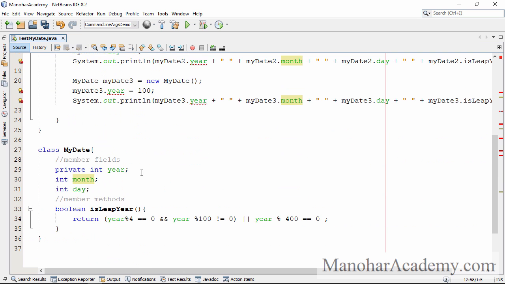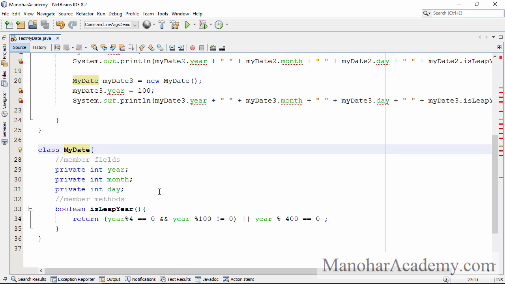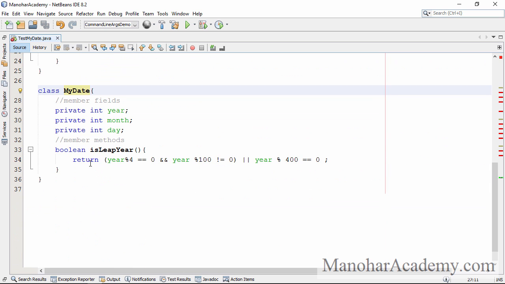So let's do the same thing for month and day also. Now all the fields are private to this class. They are not visible and not accessible outside this class. Anywhere outside this class you are getting errors, but inside the class, where you are using the field year, you are not getting any error. So inside the class, the method can access this field. Okay, so we have achieved our objective. The class is making sure